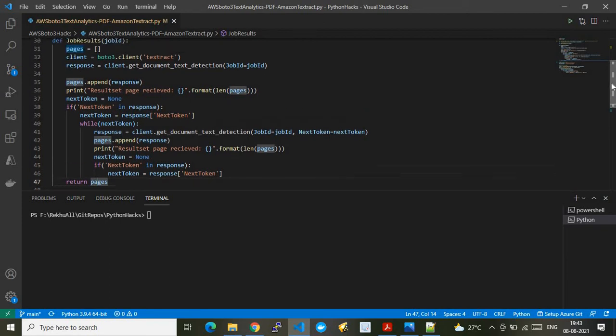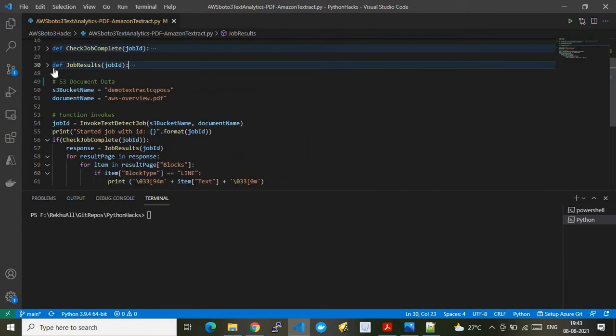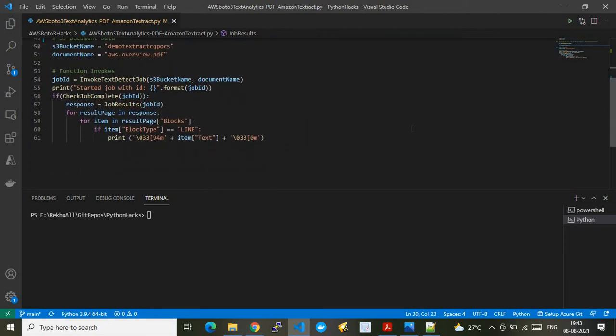That's what this function does. Once we have the response from the job result function, I'm iterating over it to print the exact required text out of your Textract operation. That's what this code is all about.